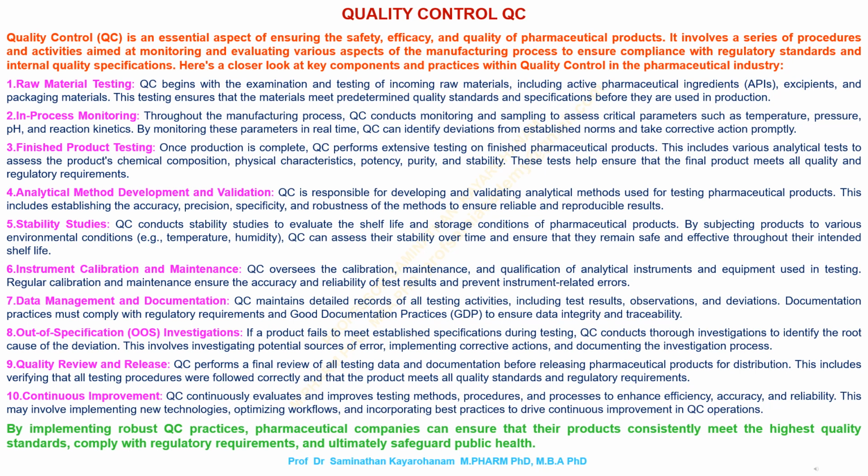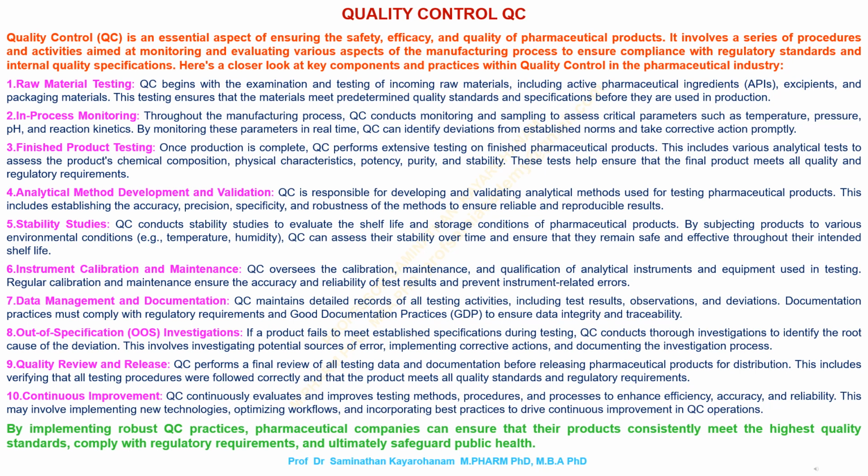Raw material testing. QC begins with the examination and testing of incoming raw materials, including active pharmaceutical ingredients, APIs, excipients, and packaging materials. This testing ensures that the materials meet predetermined quality standards and specifications before they are used in